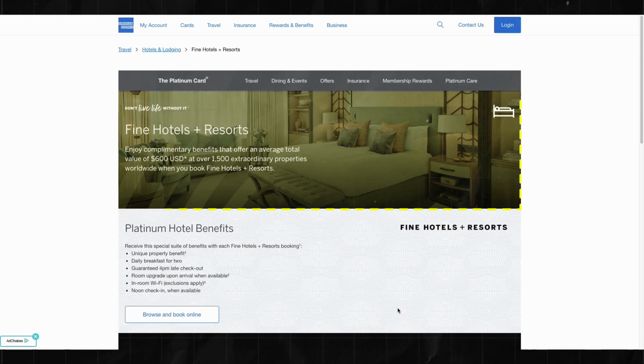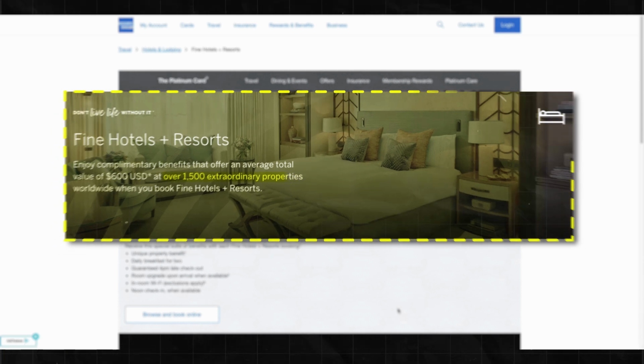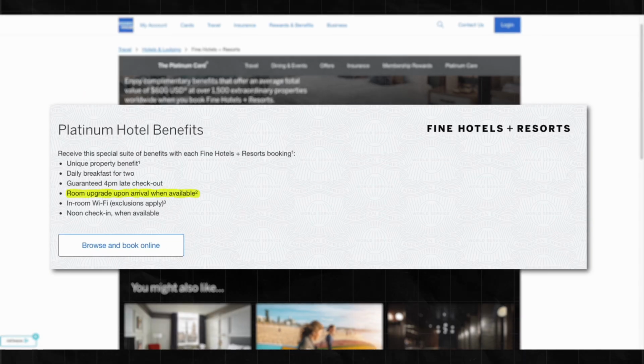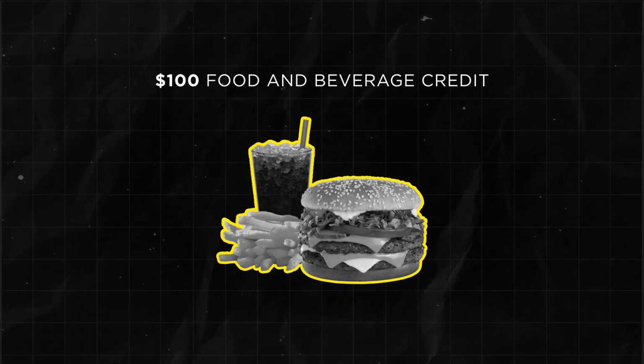Platinum Card holders also get access to the Fine Hotels and Resorts program, which gives you a ton of benefits at over 1,000 luxury properties worldwide. And these benefits include room upgrades, daily breakfast for 2, guaranteed 4 p.m. late checkout, noon check-in when it's available, and a unique property amenity such as a $100 food and beverage credit. And these are all complimentary, and you'll get them every time you book one of these properties,